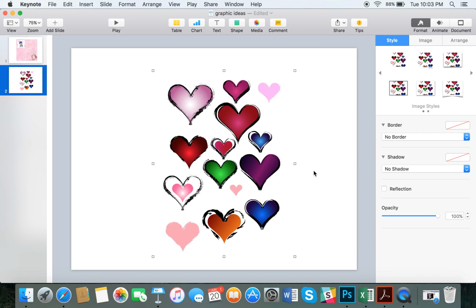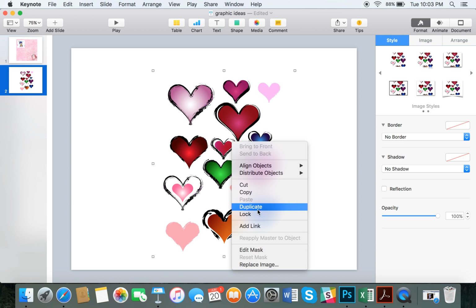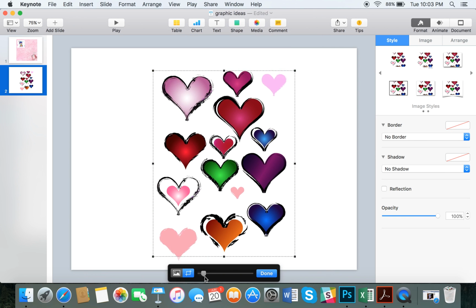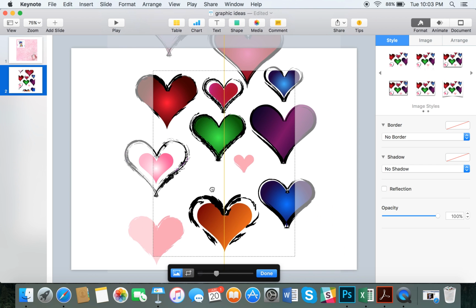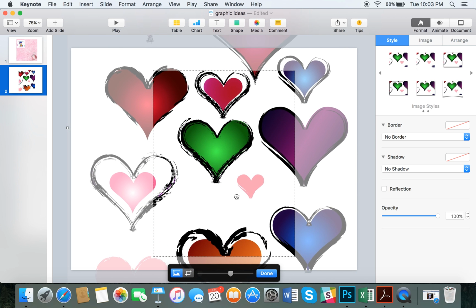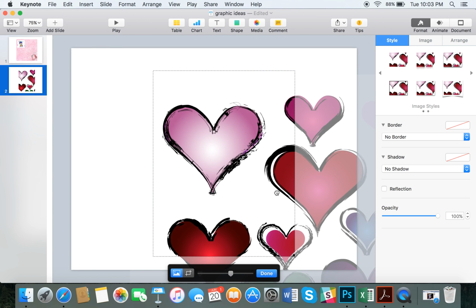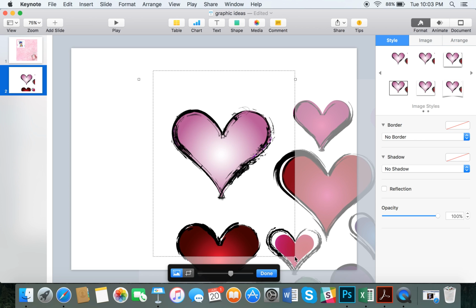Well, there's a cool thing called mask. So if you click on the image, you can either left click, hit edit mask, and then it'll help you crop it, where you can move it around until you've got it at the right heart that you're looking for. Let's say maybe this one. And then if you touch the little walking ants, which is what this dotted line is, you'll see black dots with the white, with the black squares. So that's when you'll left click and drag